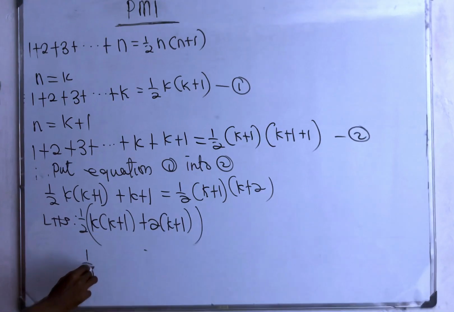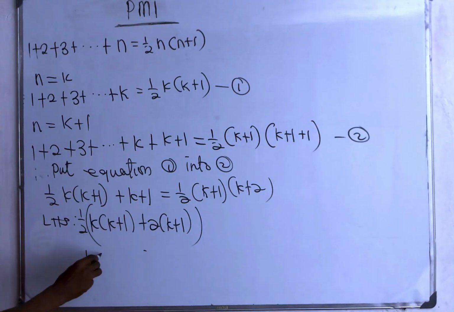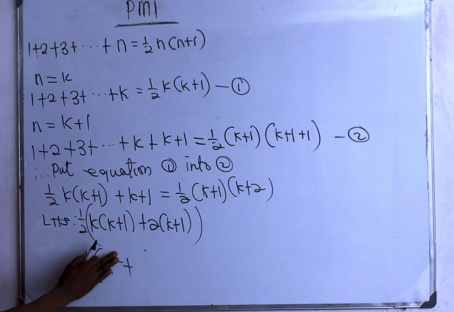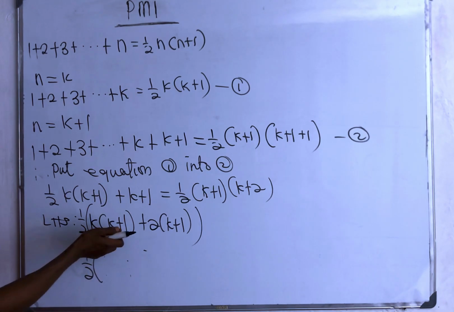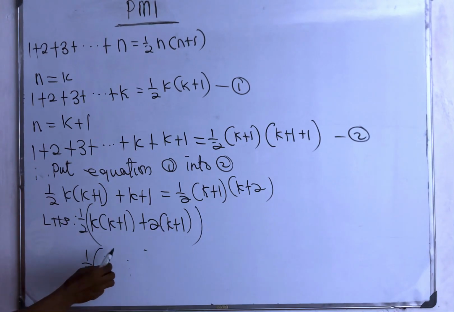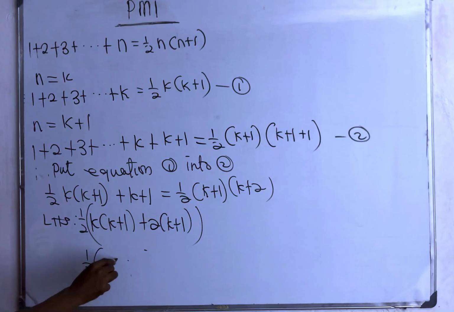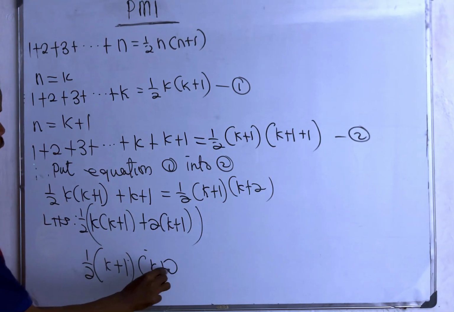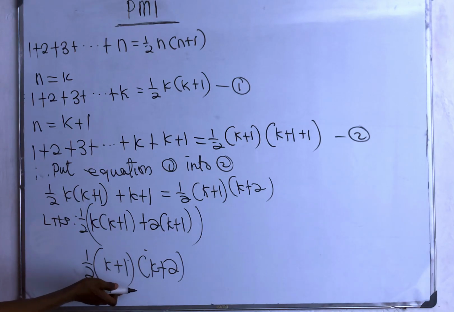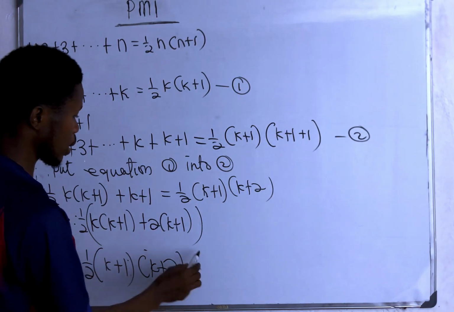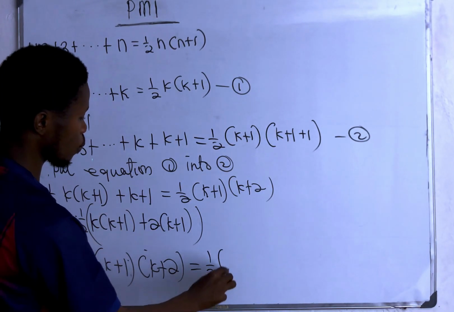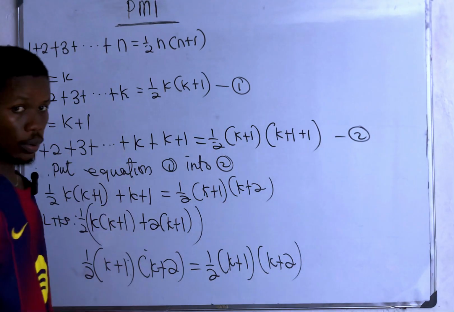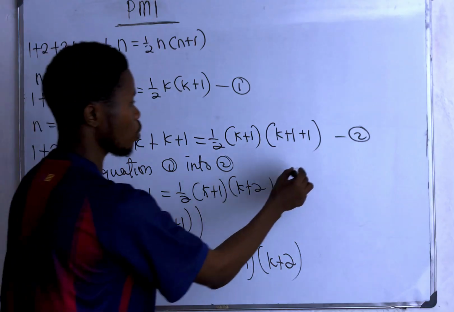So half, I'm expanding this, I'll get k squared plus, oh, I don't even need to expand this. The inside ones are the same, so I'll write one of them, which is k plus 1. Then I'll pick the outside, like you are solving a quadratic equation or you factorize, you get this, right? And realize that this is equal to half of k plus 1, k plus 2. Is that okay? So you conclude, therefore,